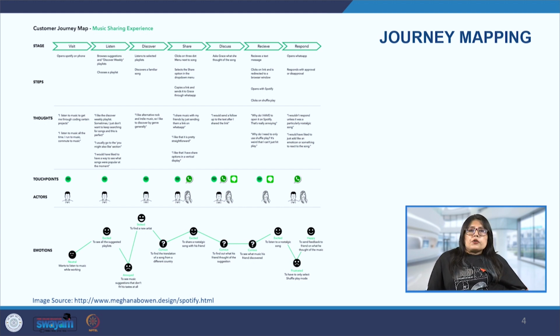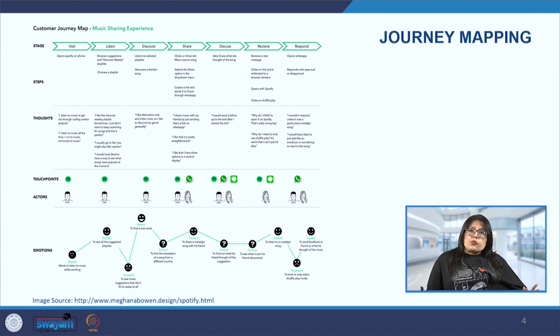So, the first step here will be awareness, that Manasi is now getting aware that her current phone is outdated, or maybe the battery doesn't last much, she needs to recharge it again and again, or there may be some other problem with the button, or the screen may not be as efficient as it was when it was new. So, that is her awareness about her need to purchase a new phone.